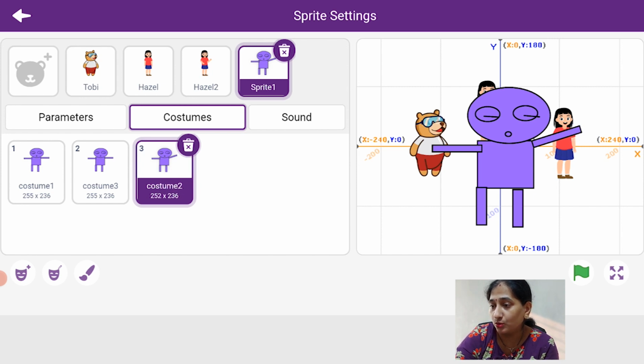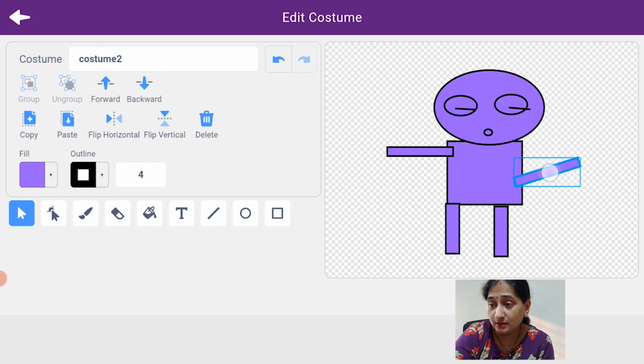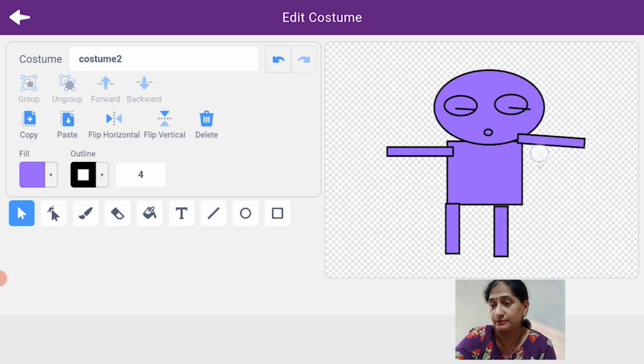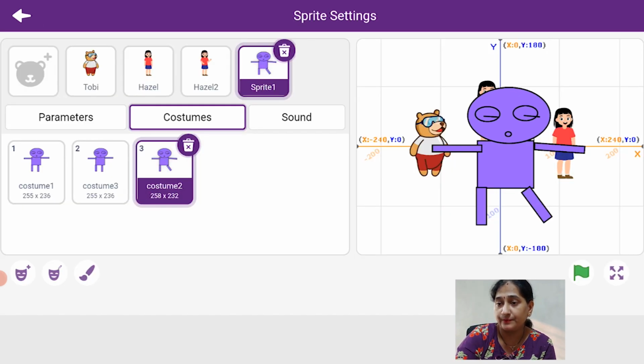In this sprite, again I am choosing the bottom left second option, wherein I can edit the sprite that I had chosen. I will show as if the hand is bending down, and also the leg, I will show that the leg is moving. So this is the third costume that I have changed.